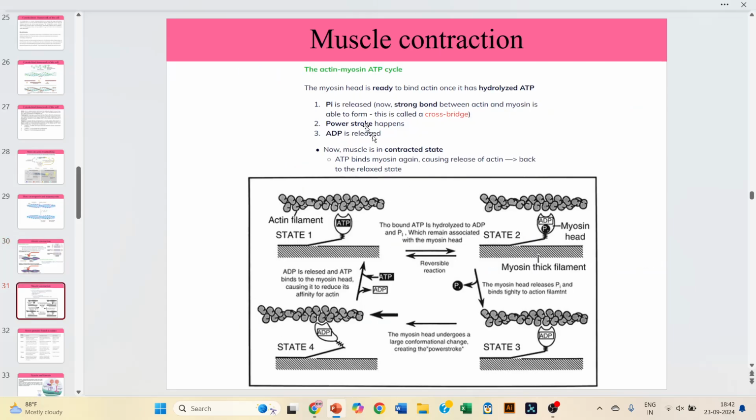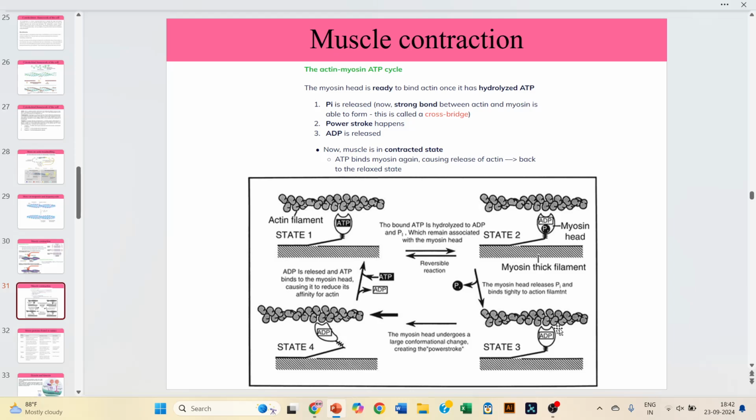Then what happens? Then the myosin head is ready to bind to the actin once it has hydrolyzed ATP. So this is what is happening. It has hydrolyzed ATP and it is now ADP plus Pi, and then it is binding, right? So as soon as it is binding, this Pi is released. Now a strong bond between actin and myosin is able to form. This is called a cross bridge, and a power stroke happens. ADP is released. Now the muscle is contracted and ATP binds myosin again, causing a release of the actin